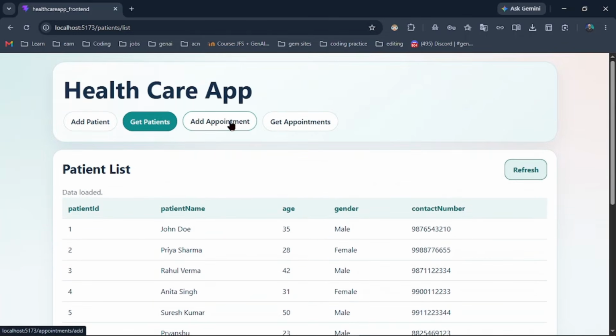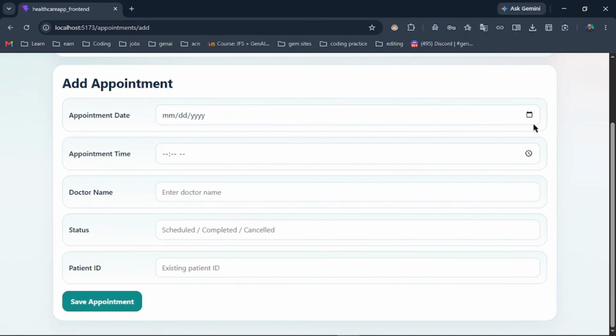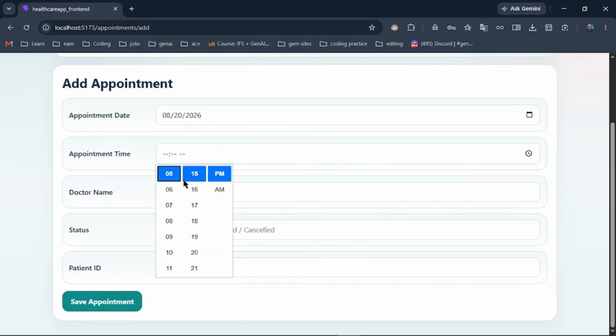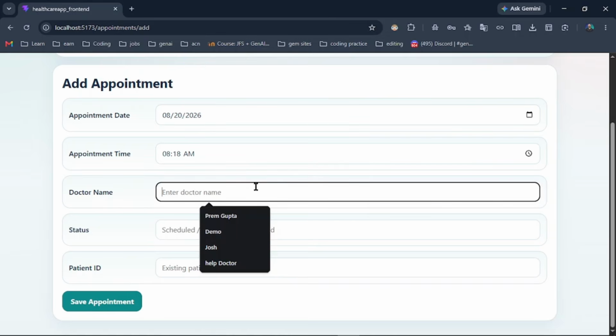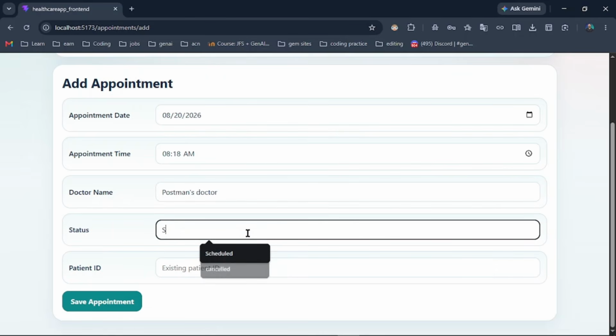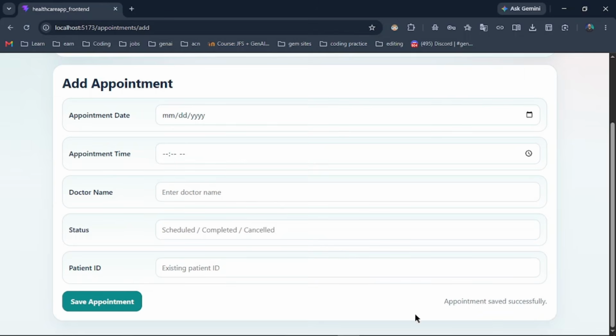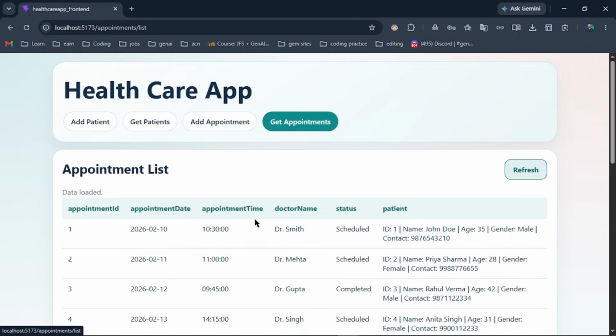ठीक है, सेम चीज अपॉइंटमेंट के साथ भी, अपॉइंटमेंट के साथ भी वही इशू था, जैसे मैं एक यहाँ पे अपॉइंटमेंट ऐड करता हूँ, मान लीजिए 20 तारीख का, और टाइम में डाल देता हूँ सुबह के 8:18 AM। ठीक है, और डॉक्टर का नाम मैं डाल देता हूँ पोस्टमैन डॉक्टर, और यहाँ पे मैं डाल देता हूँ शेड्यूल। और पेशेंट ID कितनी थी, 17, तो 17 डाल के सेव करता हूँ अपॉइंटमेंट को, अपॉइंटमेंट सेव सक्सेसफुली।